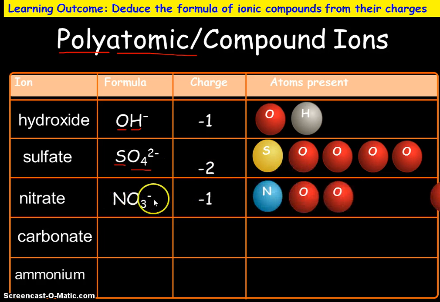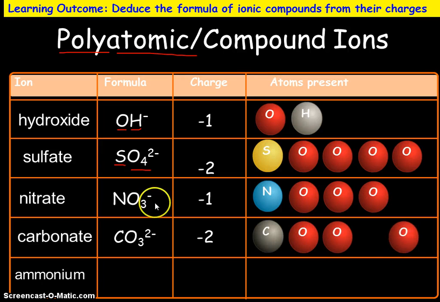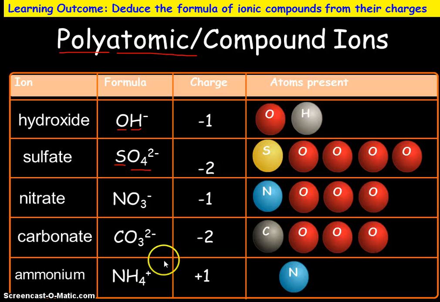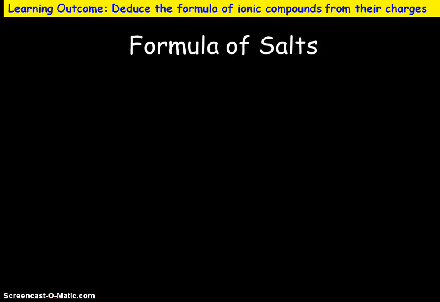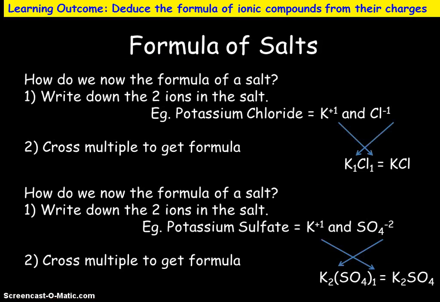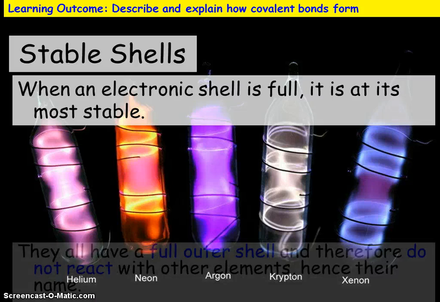Nitrate is NO3-, carbonate is CO3 2-, and the ammonium ion is the only positive one that you need to remember, which is NH4+. I'll just point out that if it says "ate" at the end, then "ate" means with oxygen, so you can see that all 3 of these have got oxygen in them. You'll learn about each of these at different points in your course. Okay, so